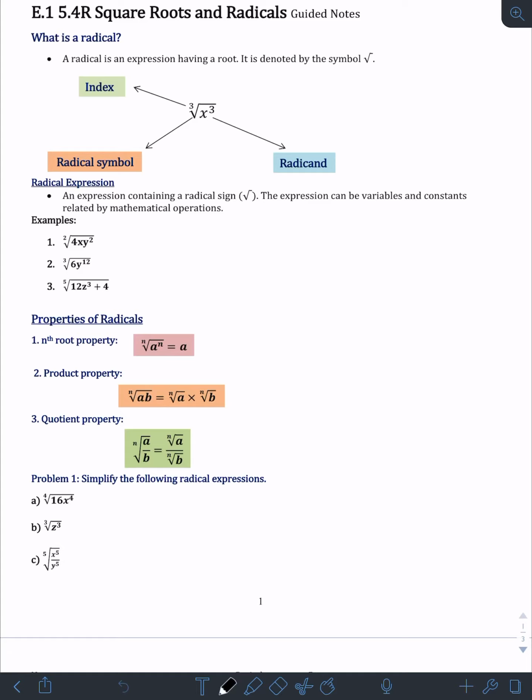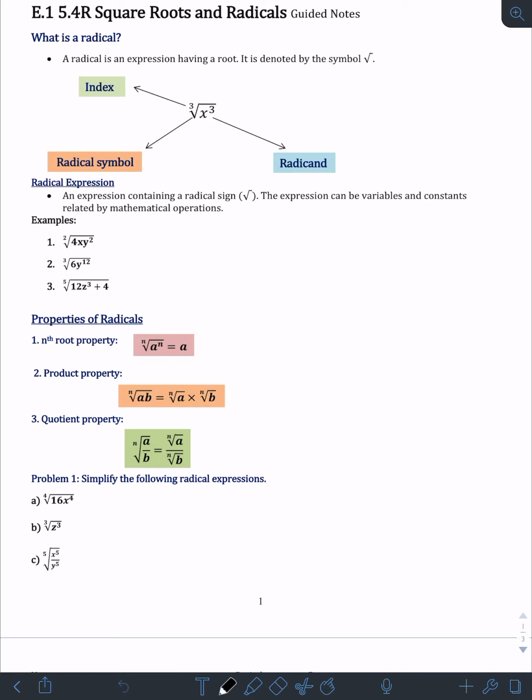We're going to be talking about square roots and radicals. This is a quick review from Algebra 2, just to remind you what a square root and a radical are and how to simplify them and use them, because we will be using them in the coming sections, not units. All right, so a radical is an expression having a root, and you got that little root